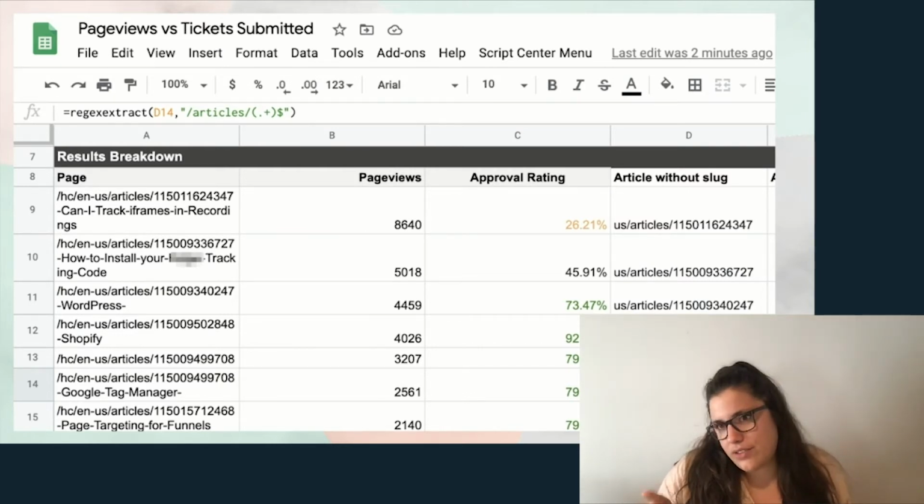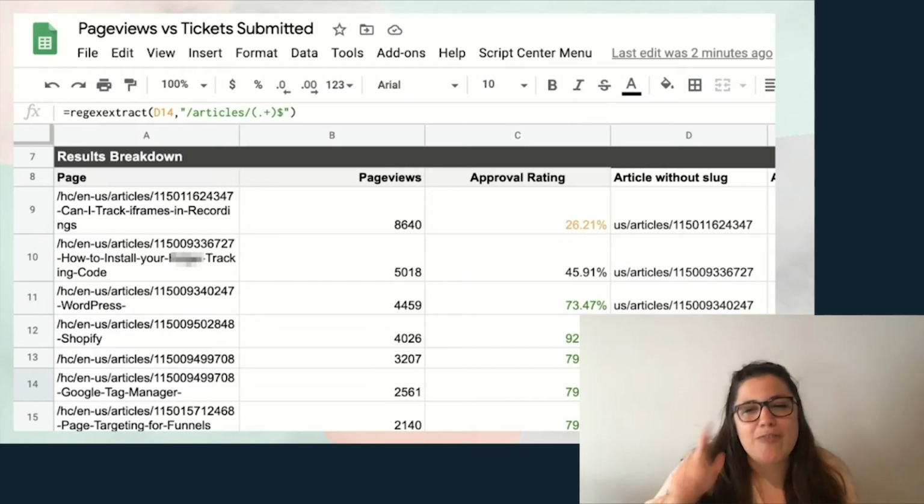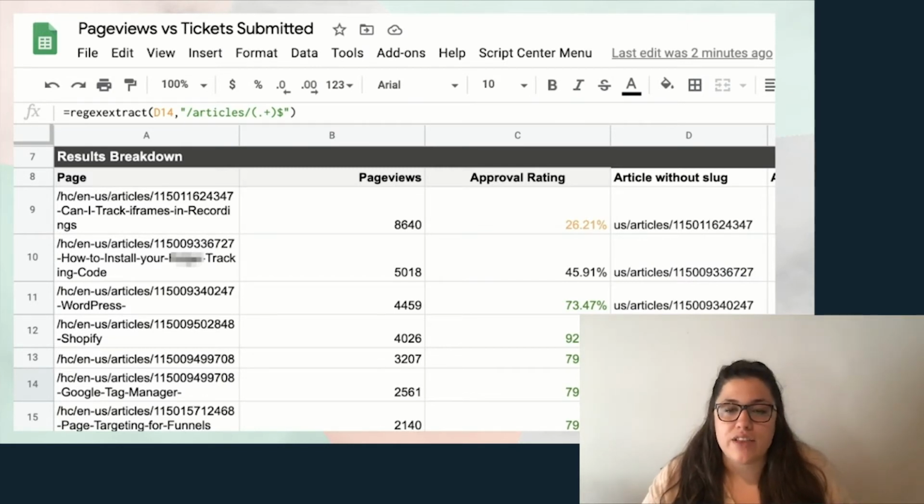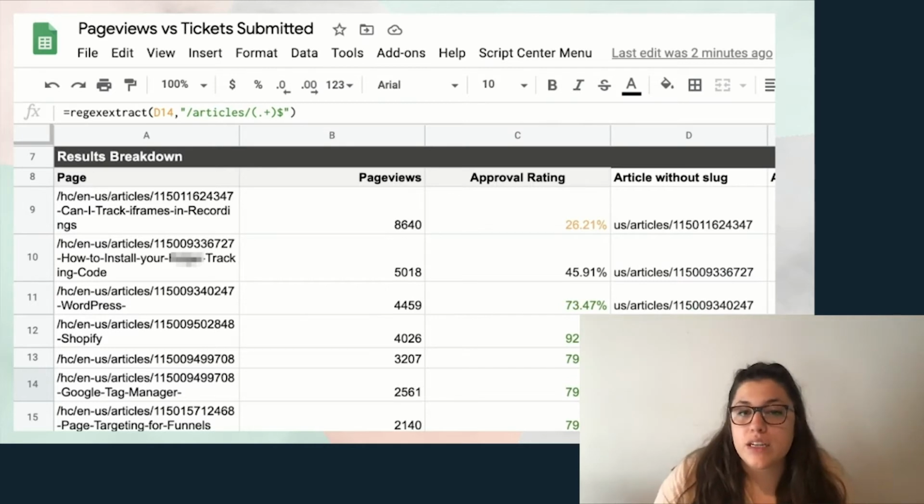I also noticed from this that our second highest page views documentation is in the medium range, so I have my eye on that one. I know it's there. Probably going to look at it after this, to be honest. But it also gives you a sense of comfort, because I know these are my top 7 viewed pages in my approval rating. The bottom 7, I can see that they're all in good standing. So I know that I don't have to really focus my team's time and energy on editing those articles right now. But number two, they're going to have to spend some time on, I think.